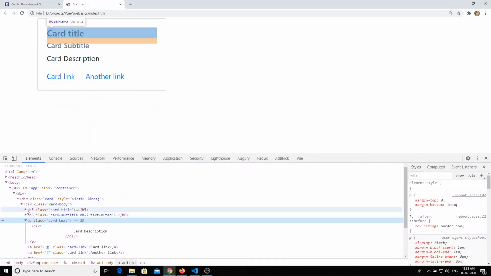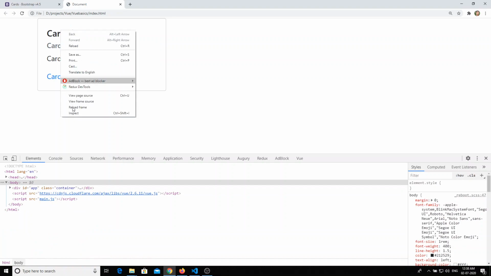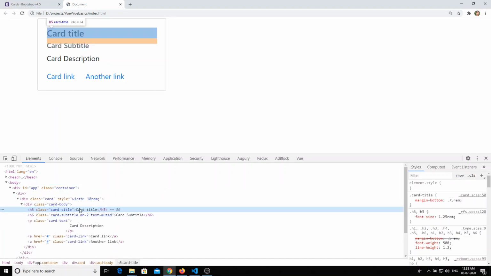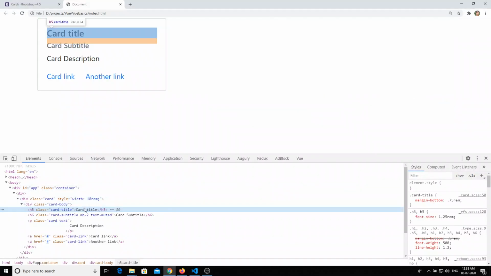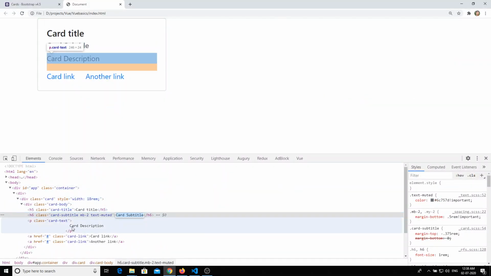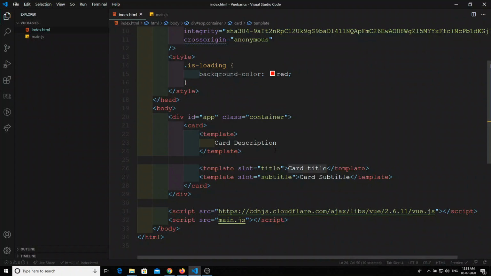So here in the h5 you got a div card, right? Previously we had the template, so in this h6 also you got it. Now if I refresh this and see the title, directly the text written in this template has come here. In the same scenario for the card subtitle and also for the card description. So these are the named slots in the